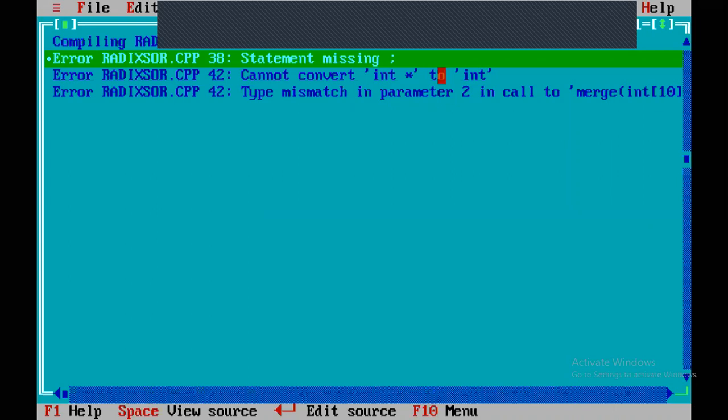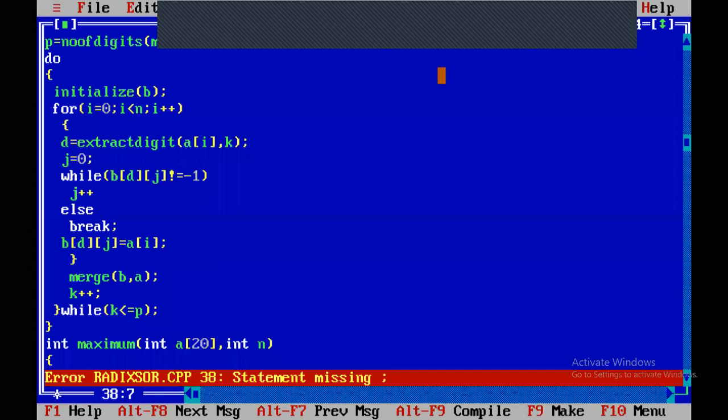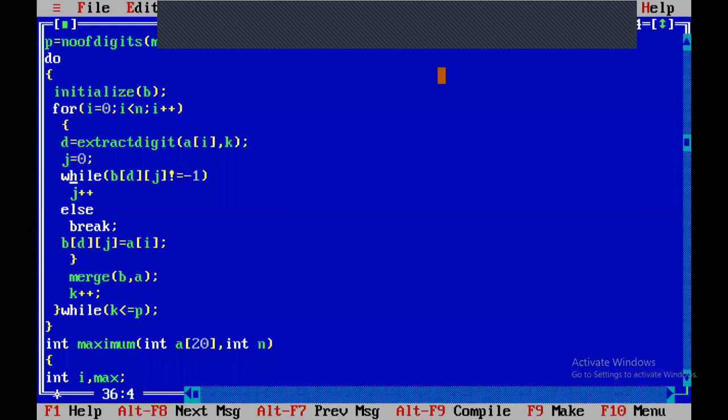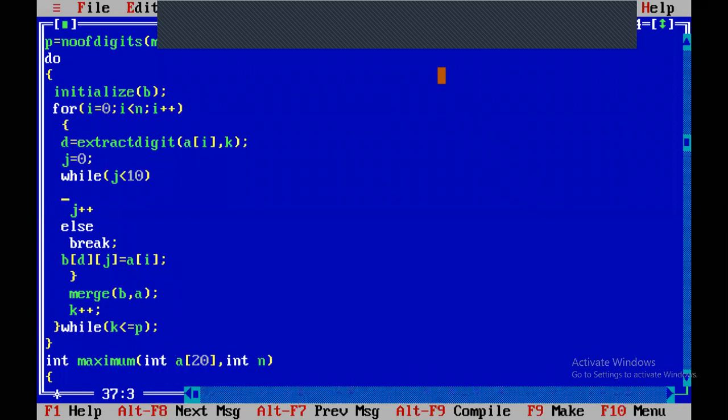Sorry, not while; here is the mistake. While j less than 10, if b of dj not equal to -1.